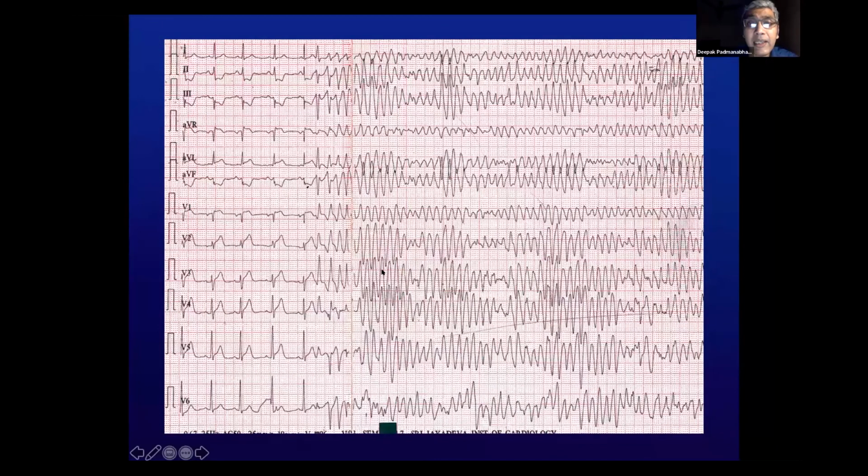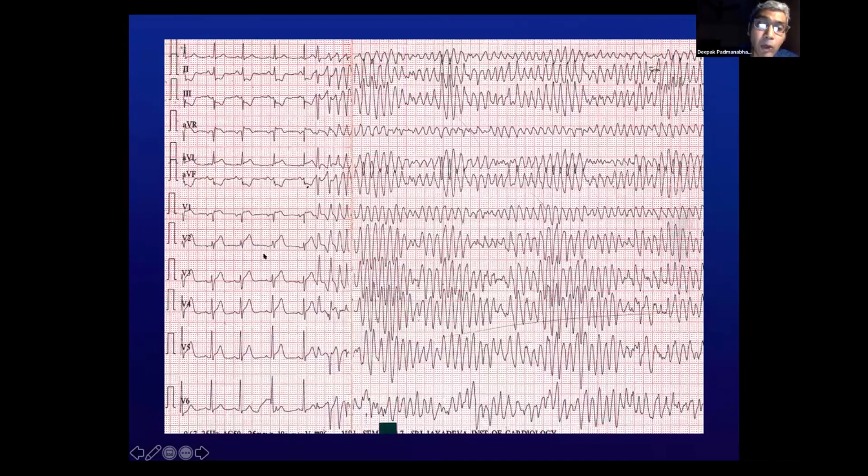Going on finally, from a monomorphic ventricular tachycardia to a polymorphic ventricular tachycardia. When you compare this ECG to the one before, you can see that there is no similarity between the various so-called QRS complexes across any of the leads. And if you look quite closely, you can see in the ECG that there is ST elevation. This is polymorphic VT.